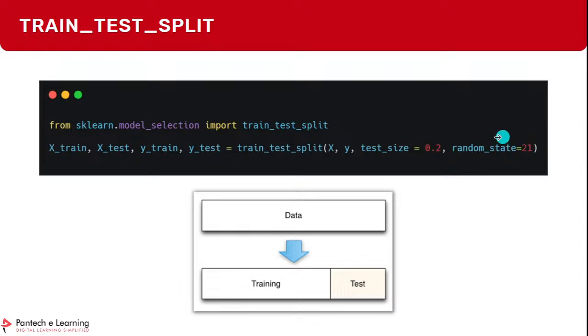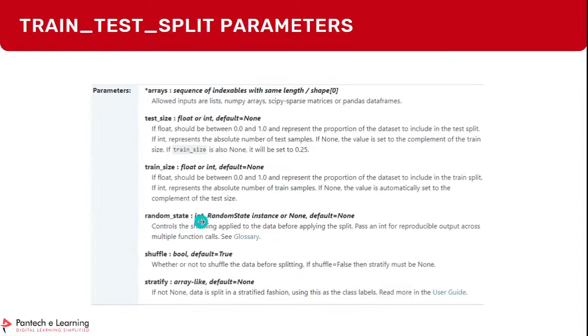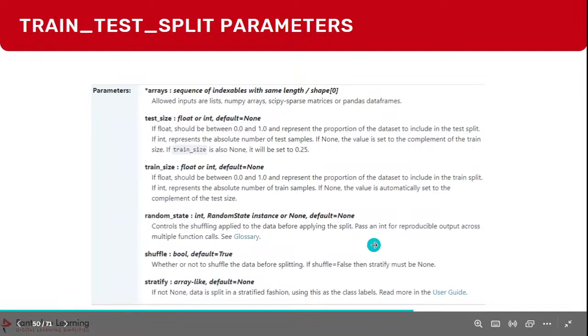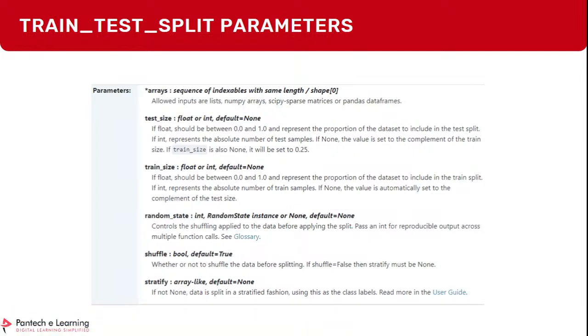The reason for using random state is that when you are initially building your algorithm, if you rerun it and get different data every time, it's not good for developing or building an algorithm. So for repeatability, they set a random state, and if you check the documentation, you can find that it controls the shuffling, so reproducible output can be obtained with random state if you give a constant value.